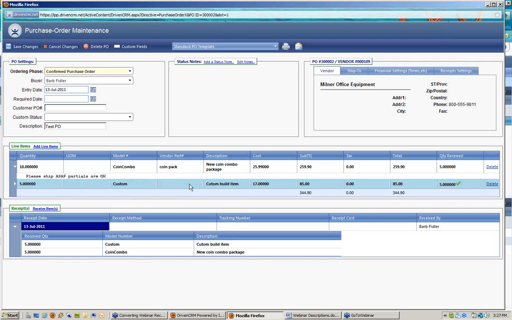Because you will notice once I start receiving these items, I can't really delete them from the purchase order anymore because partials have been received already. So up until I've received anything, I could delete them from the PO. But once I've begun receiving, I can't delete the entire line item because something has already happened with part of it. So in order to cancel the remaining 5 on here, what I would do is I would want to